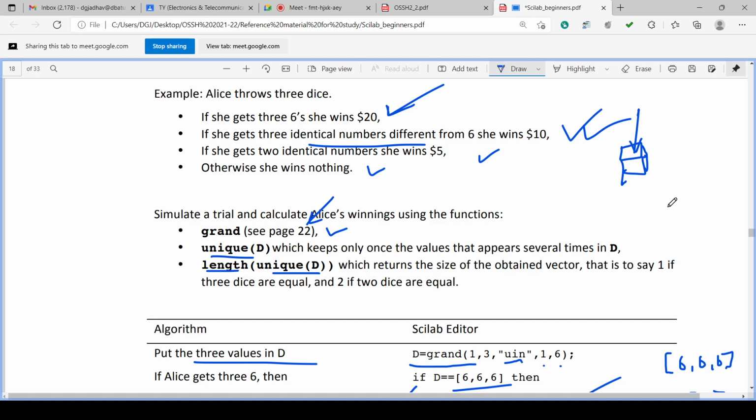So if 3 dice are thrown simultaneously, and all 3 dice get the number 6, then there will be a gift of 20 rupees or $20, or it will be winning $20.